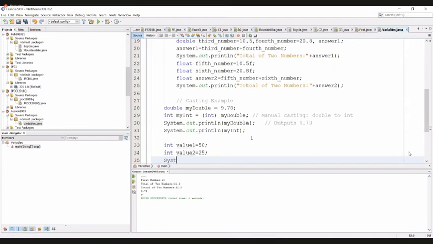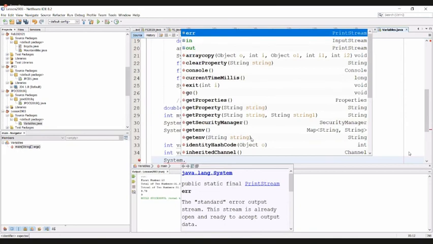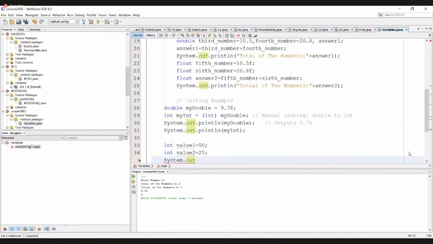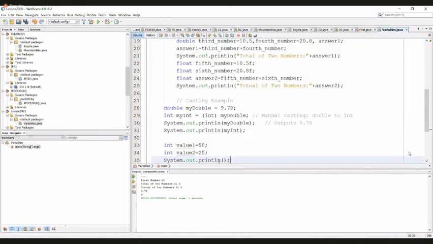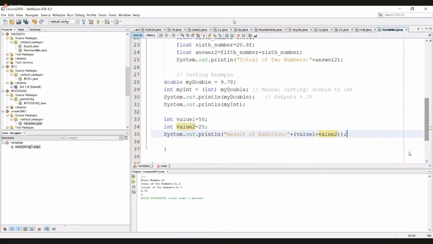Then I will use the statement System.out.println with the text "result of addition", plus, within brackets, value1 plus value2.